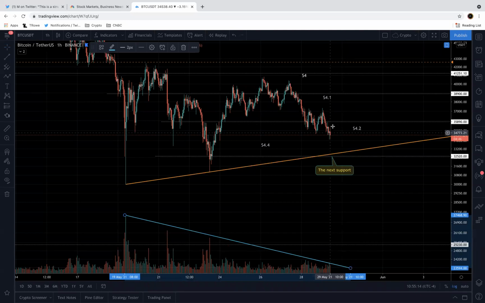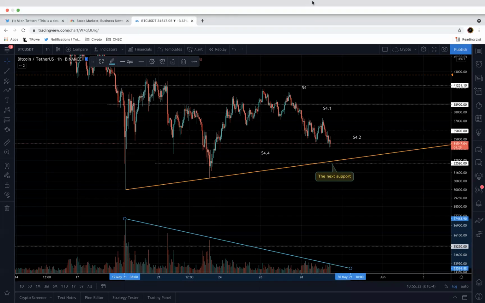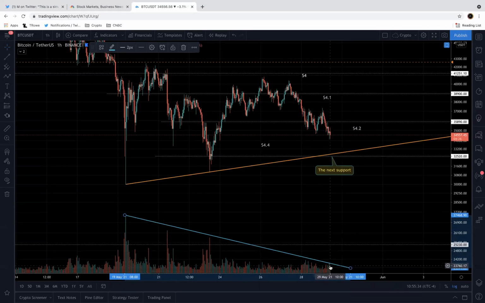So if it breaks above S4, you will see a spike in volume. If you see a break down from here onwards, then you will also see a spike. But the point is, the result is imminent here. There's no room left. So today is the 29th. In 1 day or 2 days, it has to decide, because there is no room left from a volume profiling point